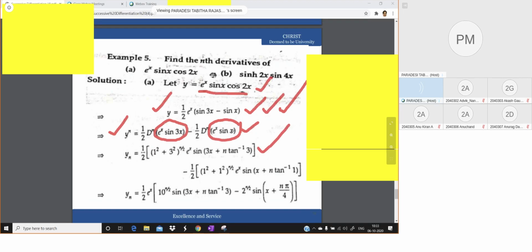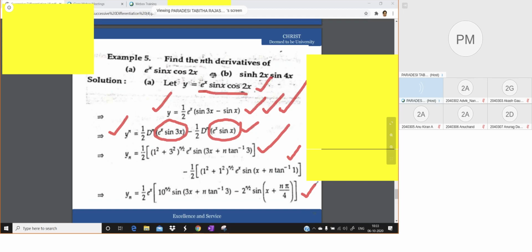Then move on to the second one. In place of a, we have a 1. In place of b also we have a 1. So square root of 1 square plus 1 square, whole power n. So that's 2 power half, whole power n. So that is 2 power n by 2. You can write it as 2 power n by 2. And then the exponential function as it is. And then tan inverse 1 will come. So tan inverse 3 for the first term, tan inverse 1 for the second term. And then the final answer is this.